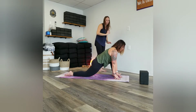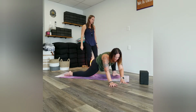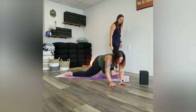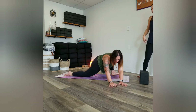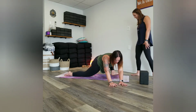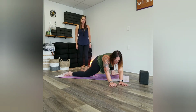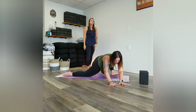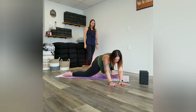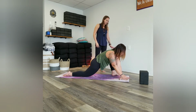So hips are nice and low. When you're ready, start to walk the hands over towards the right edge of the mat. Might walk off the mat, that's okay. And you might feel yourself splaying onto the knife edge of that left foot. Beautiful. Hips pulling down. Breath is strong. Deep cycle of breath. When you're ready, walk the hands back to center, let the foot connect on back down,